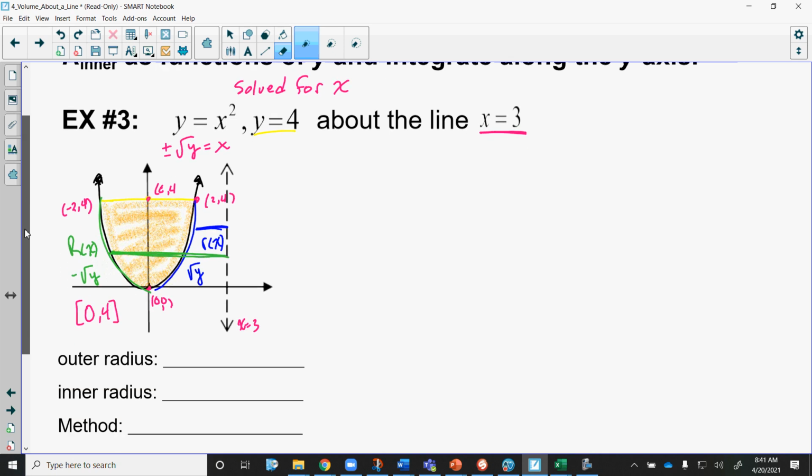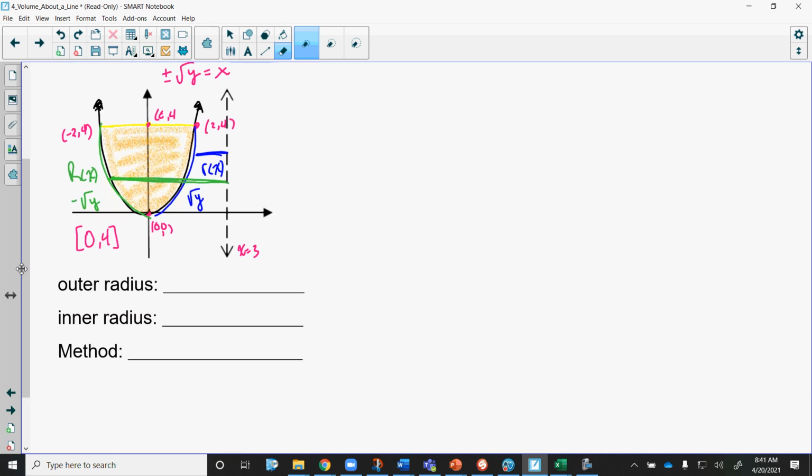Now, what do we subtract from what? In this case, because the line that we're rotating around is, kind of like what we had when the y value is positive. Going back to the first example, we had to subtract the function from the positive line of rotation. Same thing here. I'm going to say the positive line of rotation,